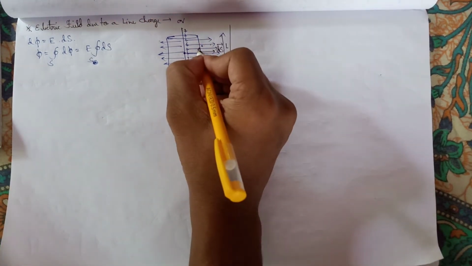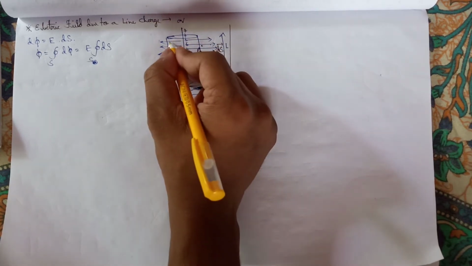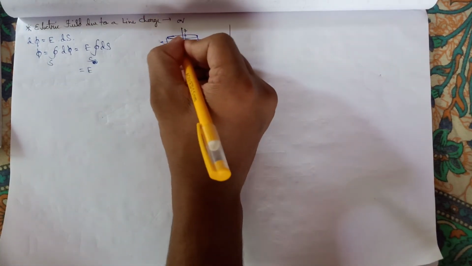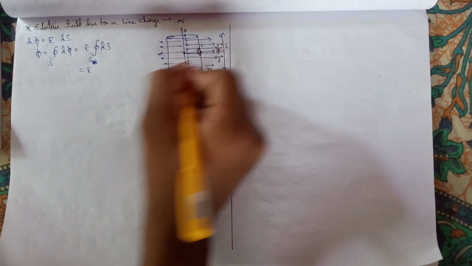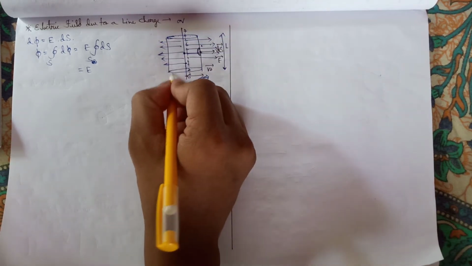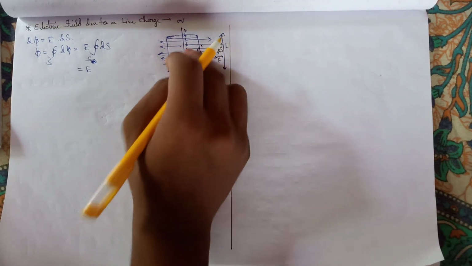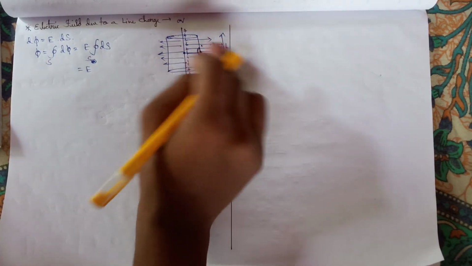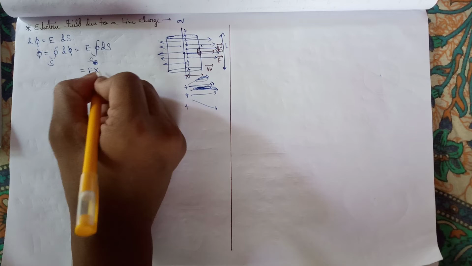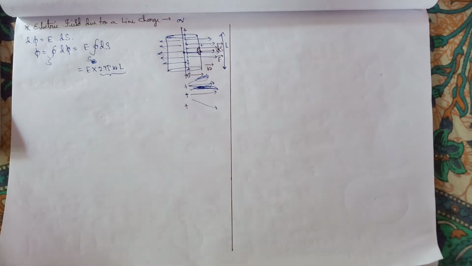So if we integrate this elementary area, it will lead to the whole area of this cylinder. What is the area of the whole cylinder? No, we are not considering the top and bottom area, only the curved part. Why? Because there are no electric field lines through the upper and lower parts. We consider only those areas through which electric field lines are crossing. So it will be 2 pi R L. We know the surface area of the cylinder, right?